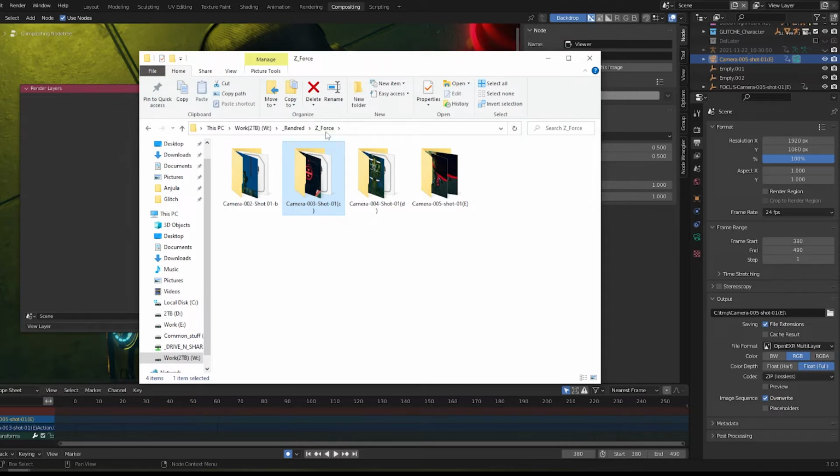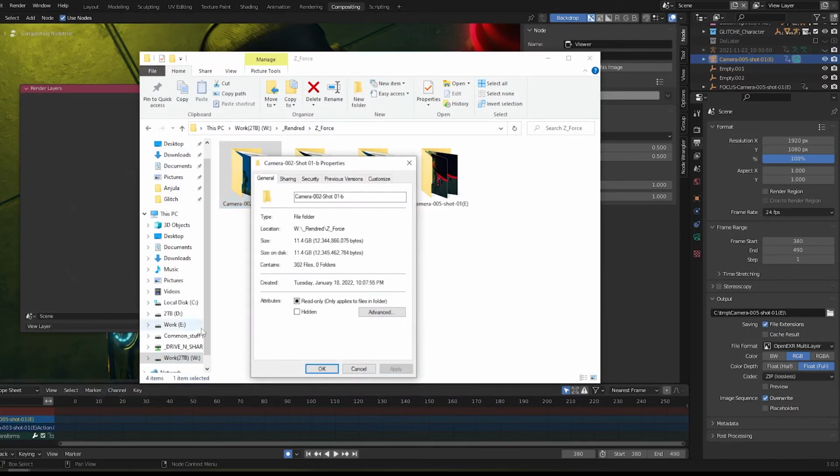This is problematic, because considering the budget I am working with for this project, I won't be able to use a huge amount of disk space just to store rendered data. Imagine this is 11 GB for only 150 frames. It's about 6 seconds. So imagine 90 minutes of rendered data